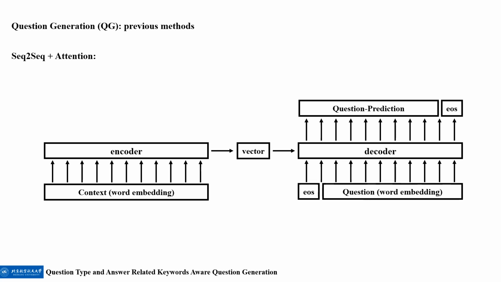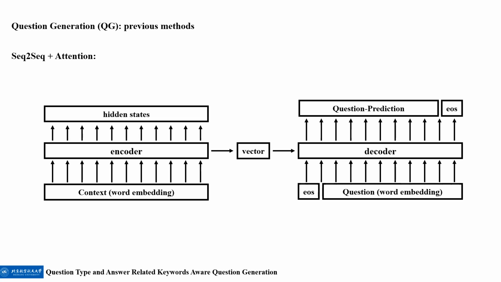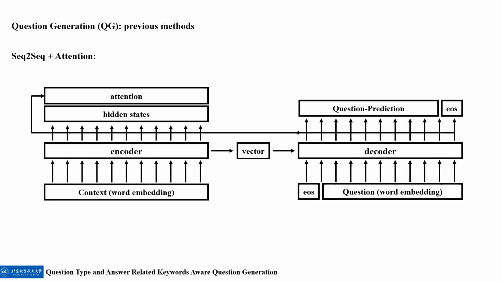As the length of the context input is variable, the fixed size vector forms an information bottleneck between the input and output in practice. So, the attention mechanism was proposed to dynamically collect information from the context. It calculates the attention weight of the input hidden states with respect to the output hidden state at each time step. The attention vector is then concatenated with the corresponding output hidden state before predicting the generation distribution.